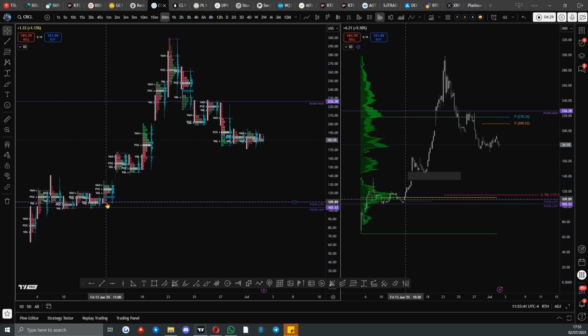So this is basically where the market participants at the time didn't agree on a price. Okay, and this tends to occur when the trend either loses momentum or when one side of the market runs out of steam, essentially. So what that means when we see this on the TPO chart, as you can see, I've also got it here on the regular chart, is